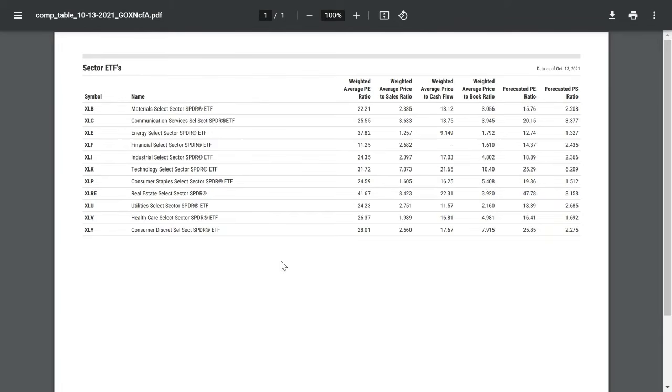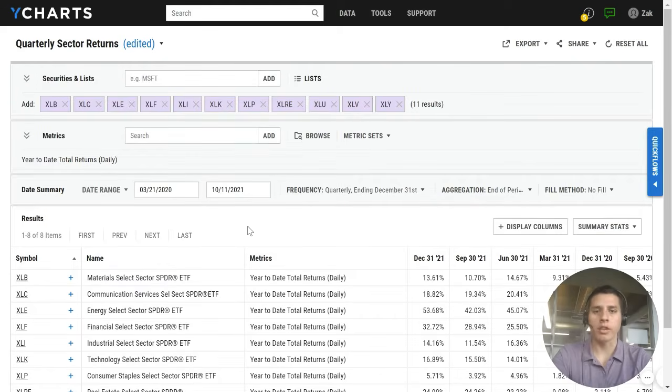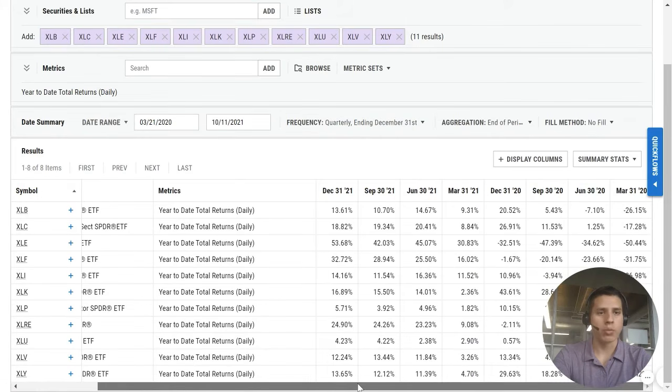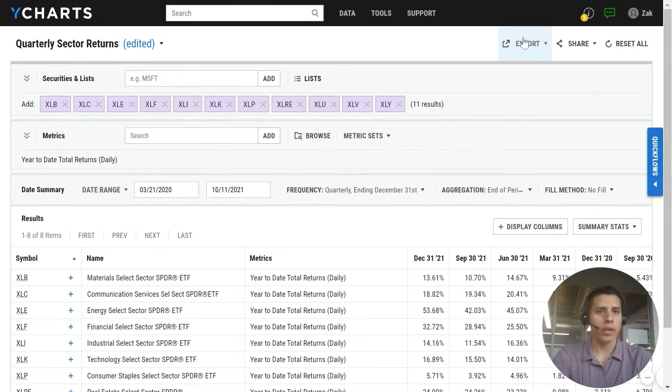Now, aside from using this feature within our comp tables tool, many advisors appreciate being able to use this within our time series piece, which is what actually allows you to be able to show past data points. And this example, again, is using those same sector ETFs, but this time we're showing quarterly returns dating back to Q1 of 2020. So again, once we've built the data set here, we can navigate to the export function, download